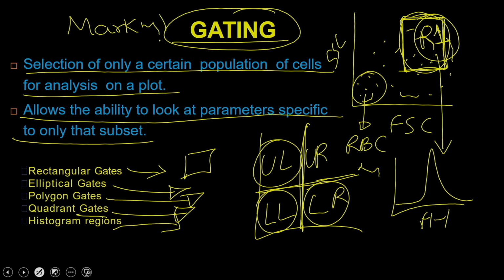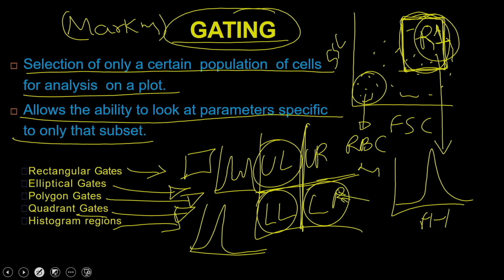What is meant by marking is that when you are doing the histogram analysis, you are going to have a peak like this, or sometimes you can have even more complicated peaks, like this. In these kinds of cases, you can simply do a mark, you can have a line like this, a line of marking. That is a kind of gating, but that is only for the histogram plot.